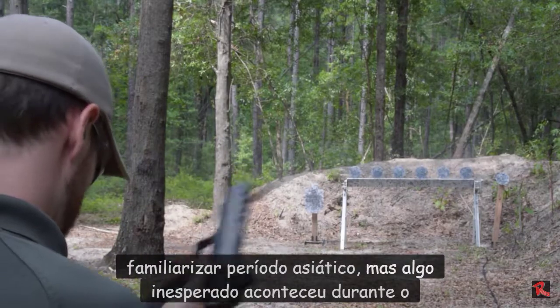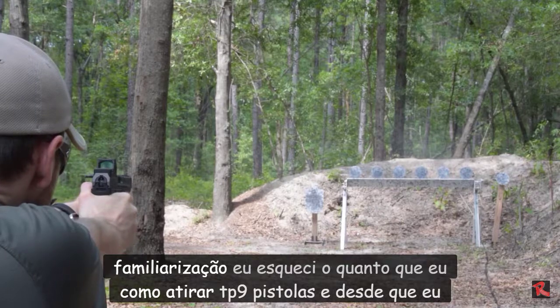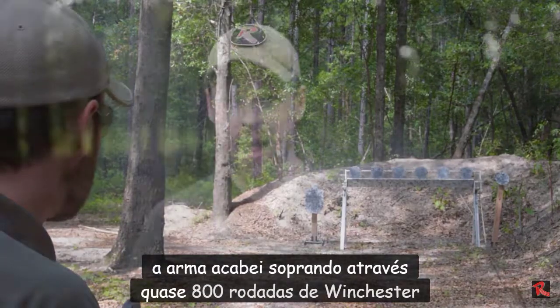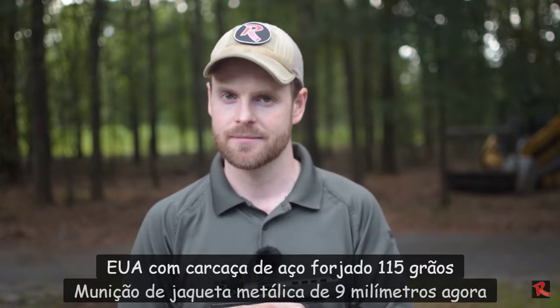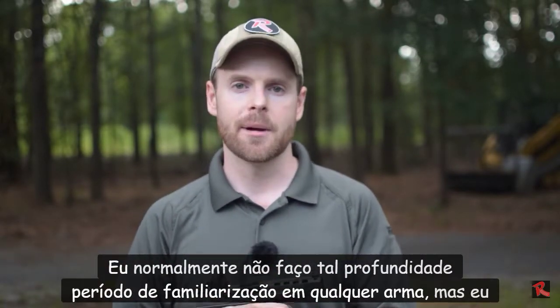But something unexpected happened during this familiarization. I forgot how much I liked shooting TP9 pistols, and since I already had 7 magazines on hand for the gun, I ended up blowing through nearly 800 rounds of Winchester's steel-cased, USA-forged 115 grain full metal jacket 9mm ammunition. Now, I don't normally do such an in-depth familiarization period on any gun, but I was basically trying to